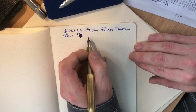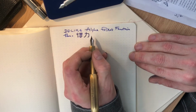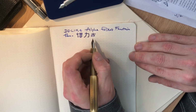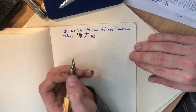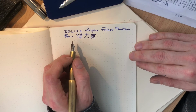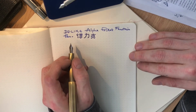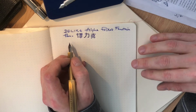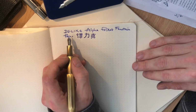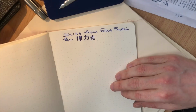Well, something like this. If you're at all skilled in this area, you will have much to say about my very poor handwriting. Well, you'll have much to say about my poor handwriting in any ruddy language, I imagine, but hey. Anxieties of mine are not the key subject matter for this little video, surely. So this is the Delike Alpha Pocket Fountain Pen, and I'm writing on Monocle